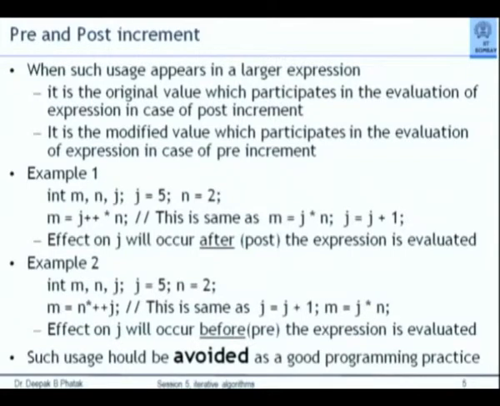Do you know what is a unary operator and a binary operator? A binary operator is one which requires two objects to operate upon, a plus b. So that plus is a binary operator. B star c. So star is a binary operator. Not in the binary number system way, but it requires two operands. Any operator produces a value finally. A binary operator operates upon two operands and produces a result. Unlike that, there are unary operators which require only one operand, j plus plus. J is the only operand. And the effect is to increase the value of j.